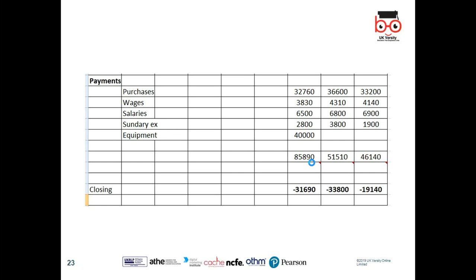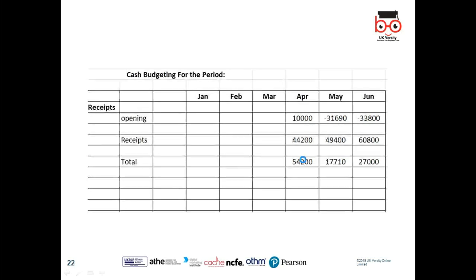Then I'll work out how much purchases I have in that month, how much wages I'll pay, how much salary. Salary is fixed, and wages is based on the number of hours. We take the difference between these and say, what will be my closing balance in that month? This is my negative balance because I should pay